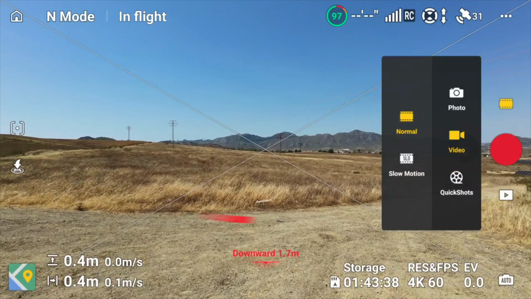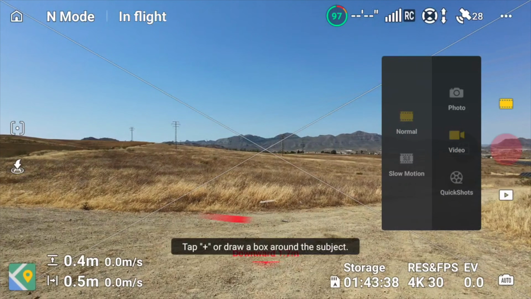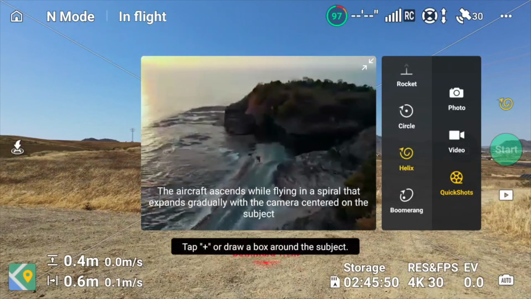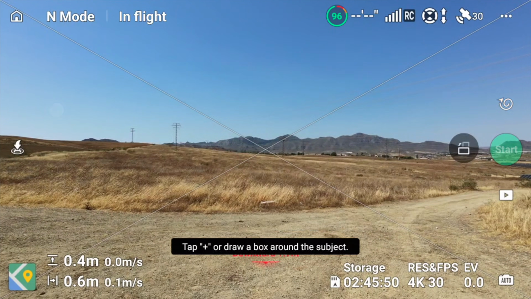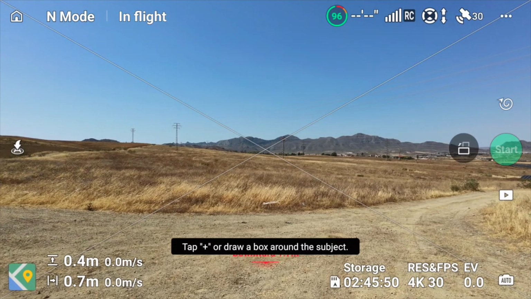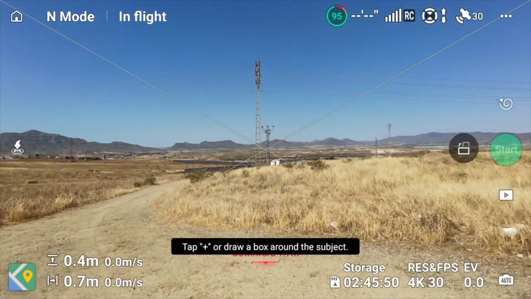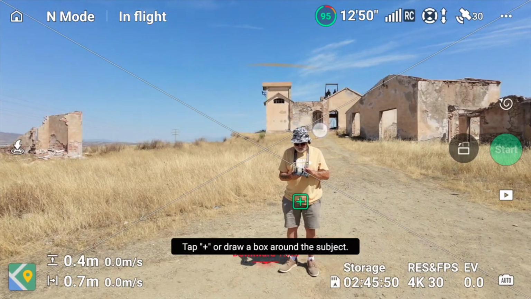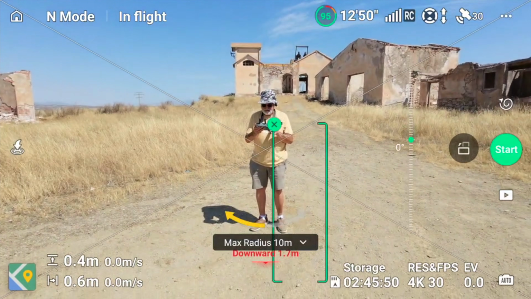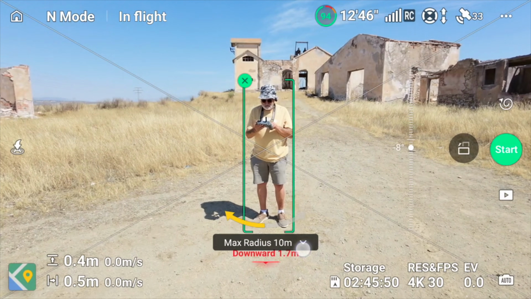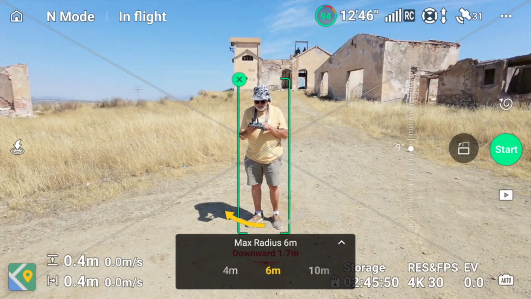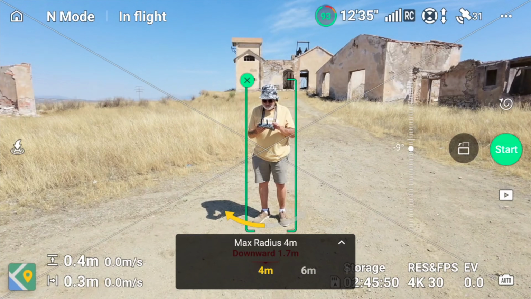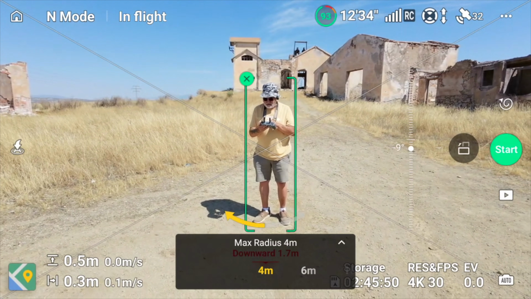Right, we'll just go into QuickShots. Let's see, we've got the Helix here. I think it's all to do with the phone, obviously, but we'll just have a quick check. Just draw a box around me. That's all in meters now, isn't it? Let's do 4. So 4 is obviously the minimal. We can come out of those to start that up. 2,